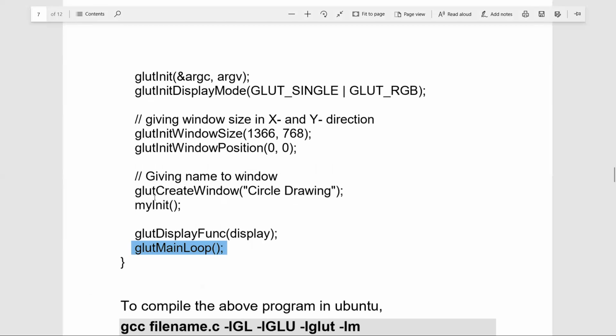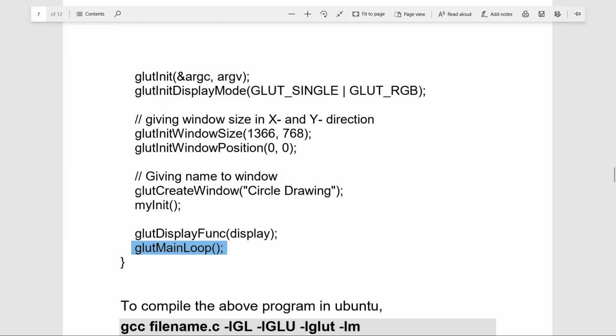So I hope you have understood the main function, which tells us about glut initialization, creation of the window, then the display function, and in the form of glutMainLoop, how the desired object is drawn on the screen through the window, the display window containing the assigned picture.